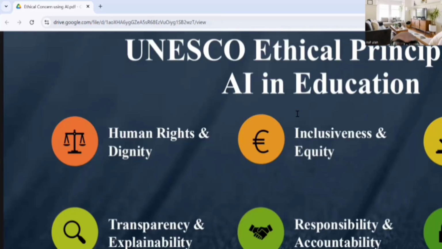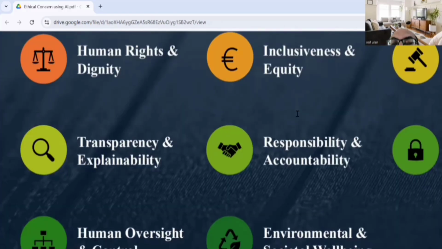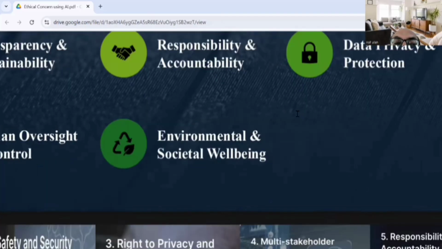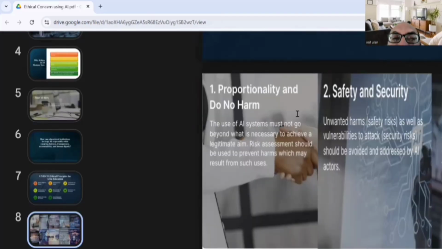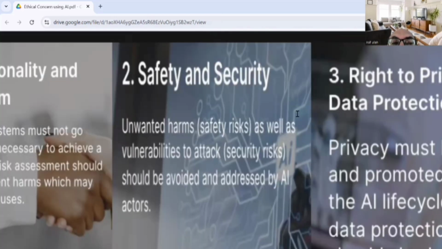UNESCO framework, AI in education: human rights and dignity, inclusiveness and equity, fairness and non-discrimination, transparency and explainability, responsibility and accountability, data privacy and protection, human oversight and control, and environmental and societal well-being. Proportionality and do no harm: use of AI systems must not go beyond what is necessary to achieve a legitimate aim. Risk assessment should be used to prevent harms which may result from such uses. Safety and security: unwanted harms, safety risks, as well as vulnerabilities to attack, should be avoided and addressed